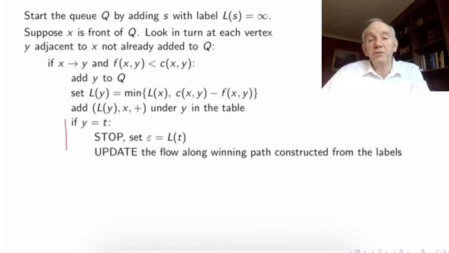And what we're interested in is the amount of flow we have gotten from the source to the sink. And that will just be the label that goes on Y, which is now T. So that's the interesting quantity. It may be 1, it may be 2. In the typical examples, the sort of examples we're doing in this course. So that's what I call epsilon. It's the increment. Epsilon sort of stands for increment. It's the amount of flow we can get in this augmenting path that we're going to construct from the source